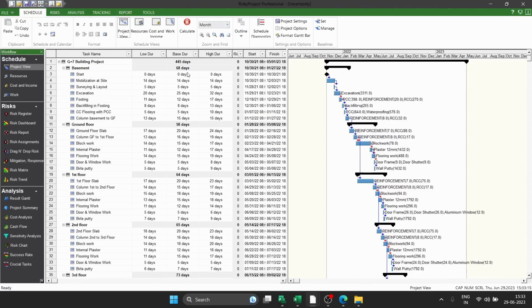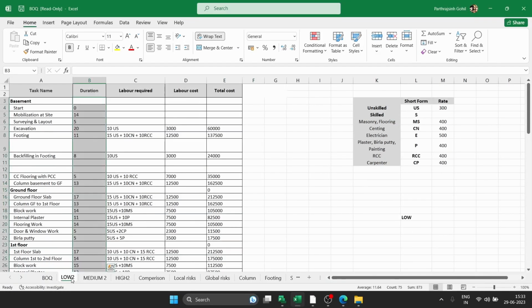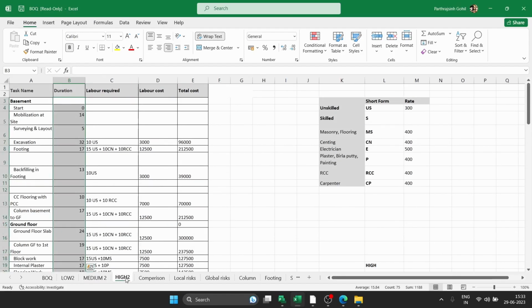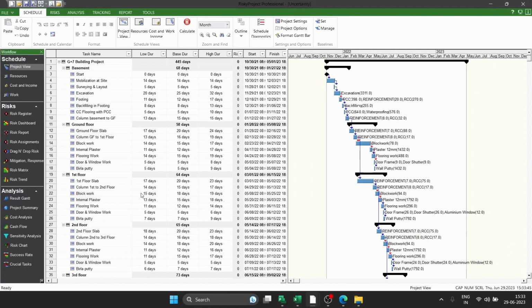इसमें क्या किया है, यहाँ पे हमने जनरल ड्यूरेशन जो एमएसपी में डाली थी वही डाली, उसके तरह ही सीधा साइट एक्टिविटी देयर प्रेडेसेसर, जो रिसोर्स यहाँ पे असाइन है वो यहाँ पे दिख रहे हैं हर एक एक्टिविटी के। तो इसमें क्या किया है कि जो हमने एक्सेल शीट प्रिपेयर की थी यहाँ लो ड्यूरेशन की, मीडियम ड्यूरेशन की और हाई ड्यूरेशन की, तो वो ड्यूरेशन और उसके अनुसार जो लेबर कॉस्ट चेंज होते हैं वो हमने ये अनसर्टेनिटी वाली फाइल में इनपुट किए। ये लो ड्यूरेशन वाला कॉलम है, ये जनरल ड्यूरेशन वाला कॉलम है और ये हाई ड्यूरेशन वाला कॉलम है।